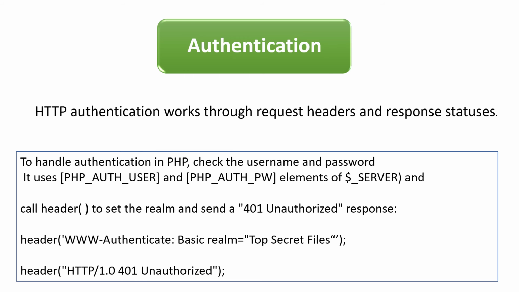If the credentials are not sent or are not satisfactory, the server sends a 401 Unauthorized response and identifies the realm of authentication via the WWW-Authenticate header. This typically pops up a dialog box in the browser to enter the username and password, and the page is then re-requested with the updated credentials in the header.